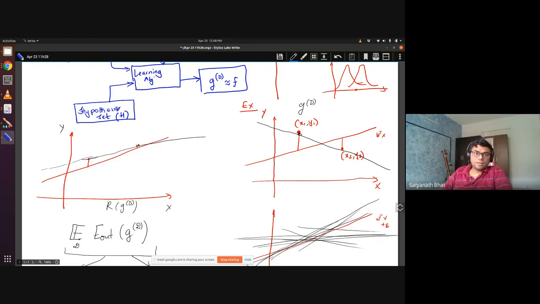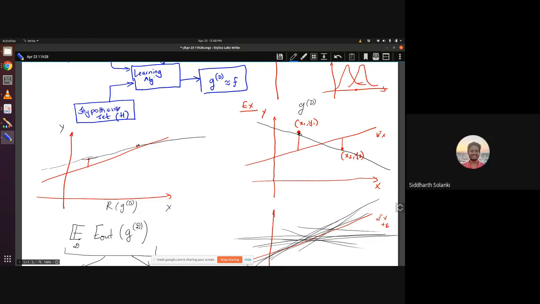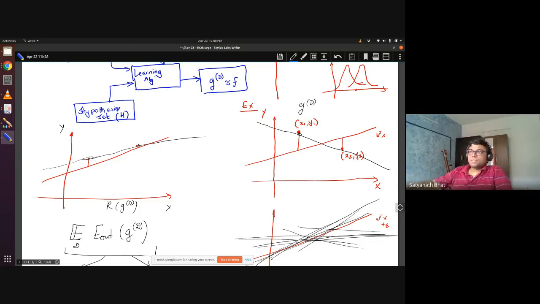So who is doing better? Siddharth? We can't say who's doing better. No, but see, we wanted to learn this red thing. That is the true underlying thing that we wanted to learn. We want to be as close to that as possible. But because of the epsilon noise, some person sometimes will do very badly, right? Yes, sir. Got it. So GD, depending upon the points that I'm drawing, is a random quantity. So when you get something like this, this will be the thing. When someone else does it, it will be like this, right?